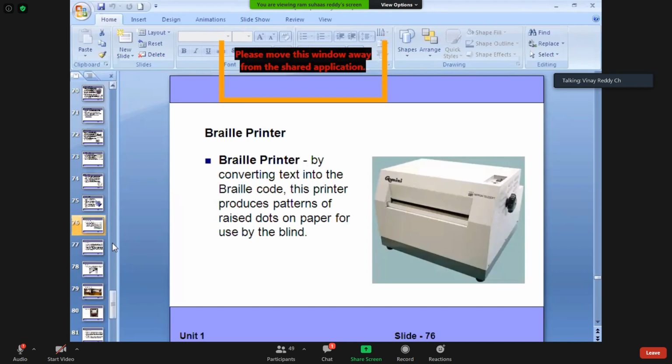Those set of papers have the first alphabets. One of my friends was blind, so I saw some of the Braille equipment there. That card has the alphabet A, but it is engraved.